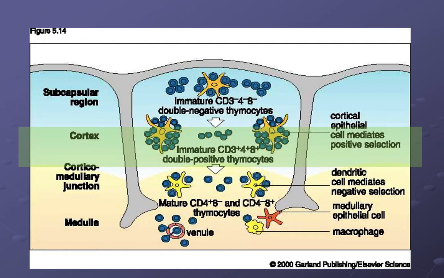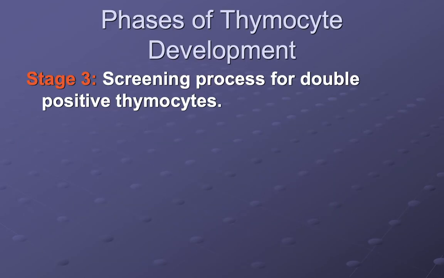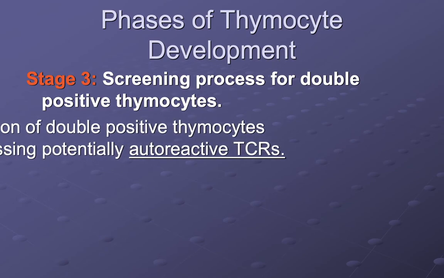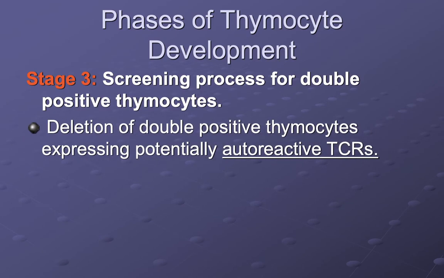Now, in the third stage of thymocyte development, screening for the double positive thymocytes will actually occur. So this stage of thymocyte development is very important for the screening of functional, potentially beneficial thymocytes, and the deletion or elimination of thymocytes that are of no use to the animal body. So during the selection process, many events actually happen. So some of these events include deletion of double positive thymocytes that express